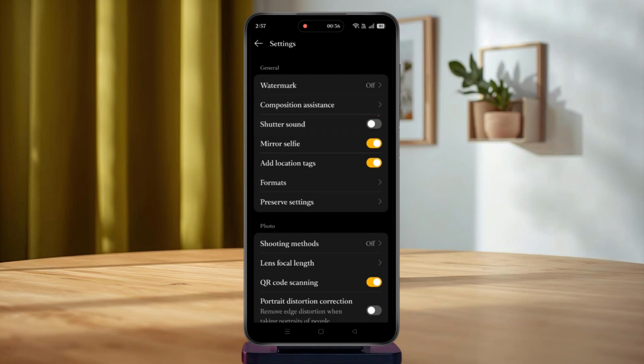If you don't see this setting, don't worry. Some Android phones don't provide a direct option to disable the camera shutter sound. In that case, open your phone's quick settings panel and turn on silent mode or do not disturb before taking photos. You can also lower your system volume completely, as the camera shutter sound is often connected to the device's